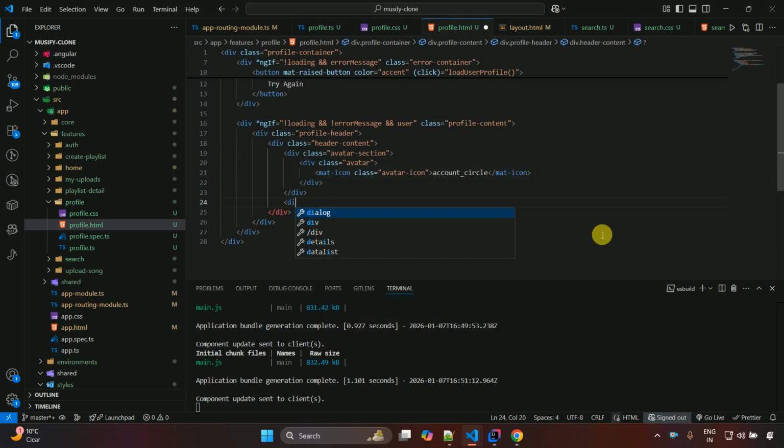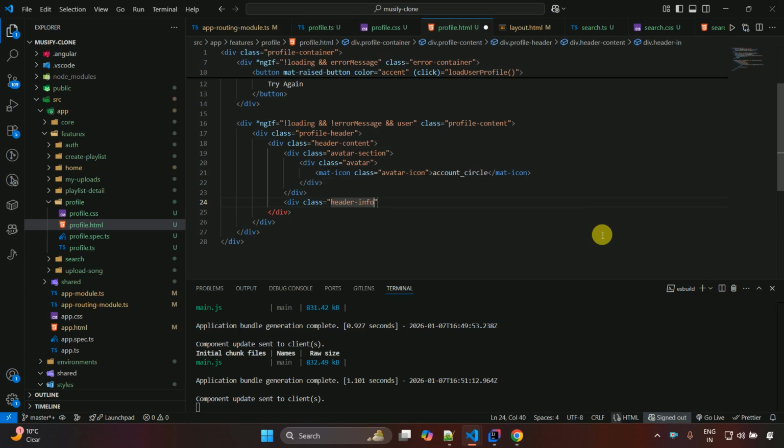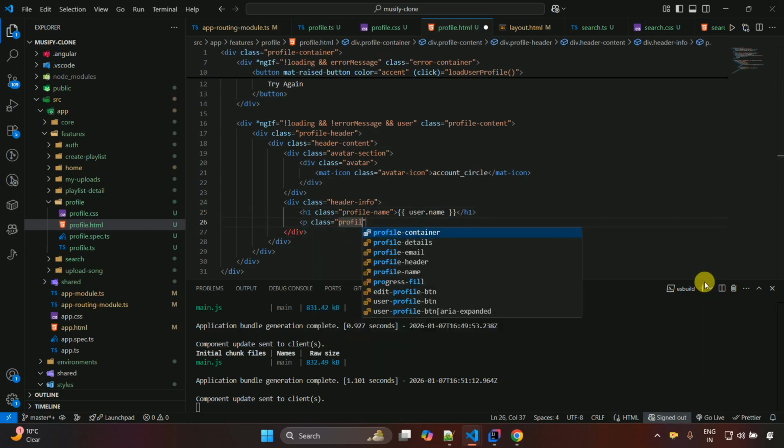So div class header-info, and then here we have to show h1 and class profile-name and curly brackets, and over here user.name, and after this h1 the next one is p class profile-email, and after that user.email,